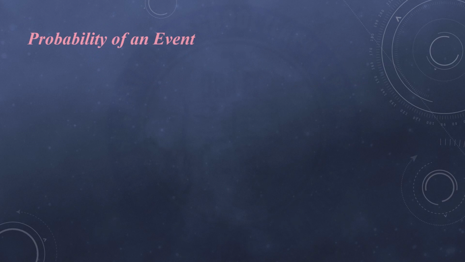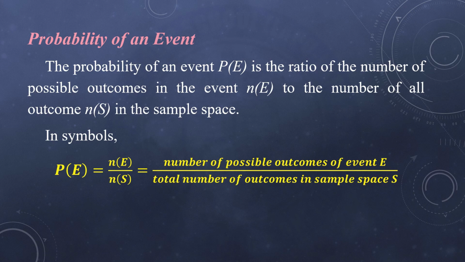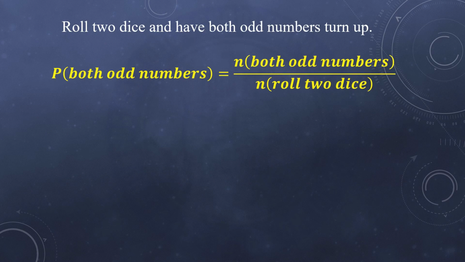When we say probability of an event, or P of E, it is the ratio of the number of possible outcomes in the event, or N of E, to the number of all outcomes, or N of S, in the sample space. In symbols, P of E is equal to N of E over N of S, or the number of possible outcomes of event E over the total number of outcomes in the sample space. Probability of an event is the quotient between the number of outcomes of a desired event and the entire sample